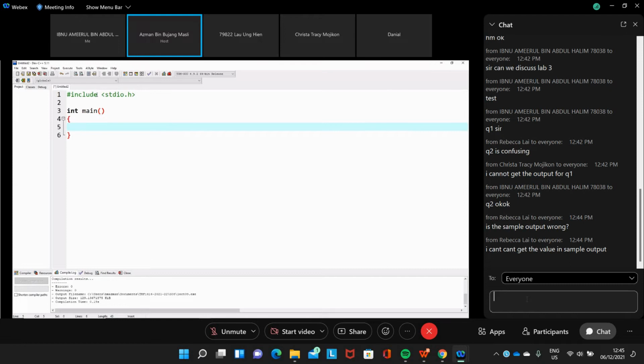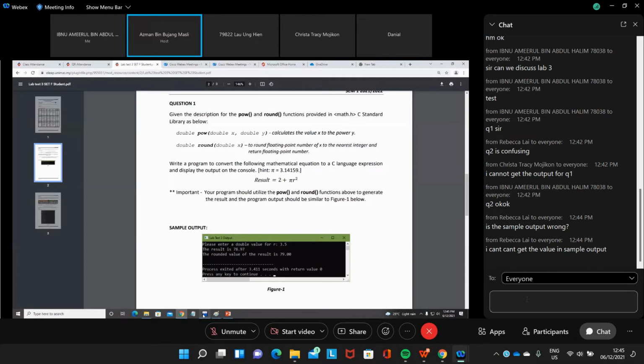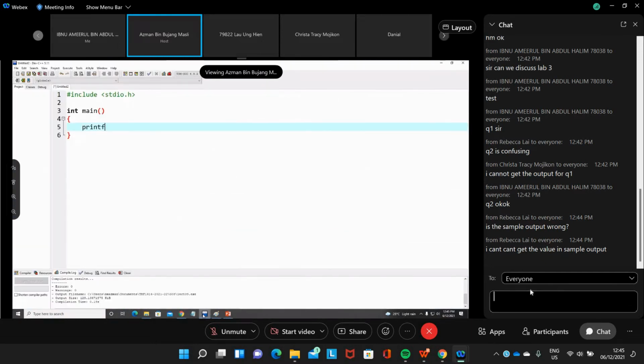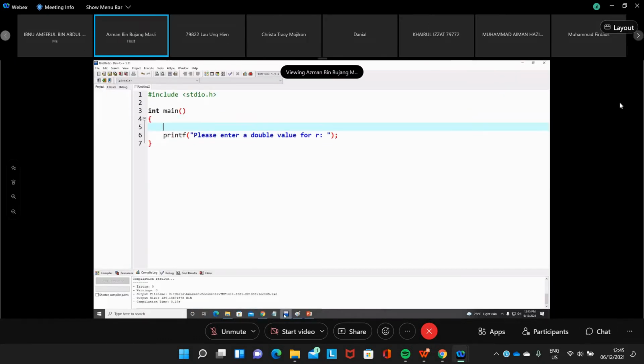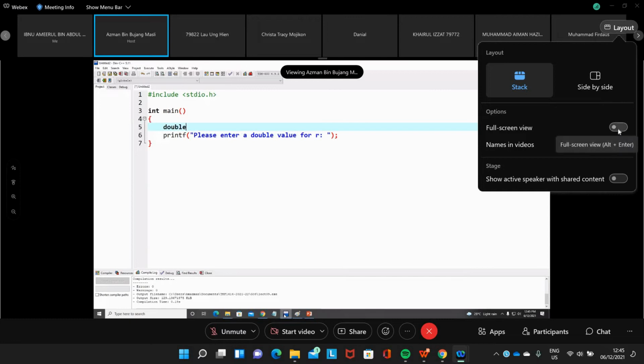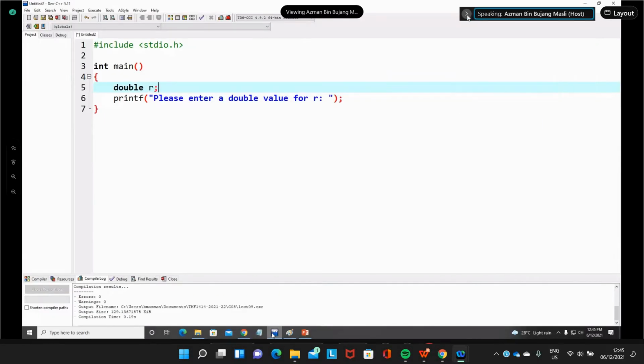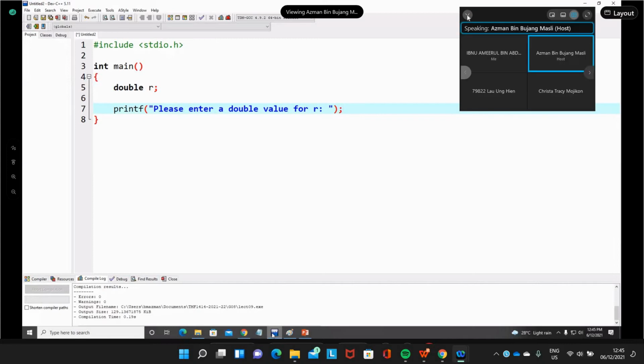And then this is main. We look at the question again: please enter a double value for R. So we have a double value for R. So printf for R. Here we have double; actually float is enough as well.